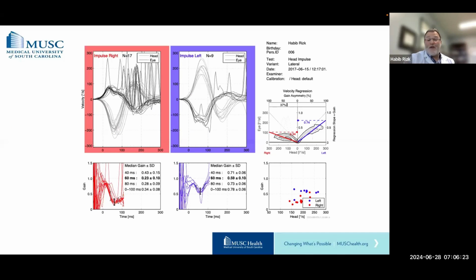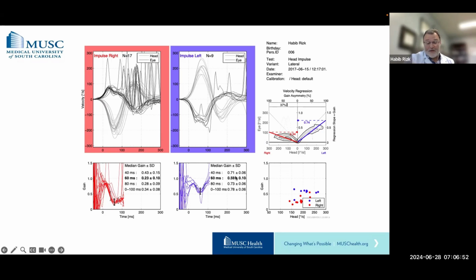And this is what a video head impulse test would look like in somebody who has an acute injury with a very low gain, which is the speed of the eye movement compared to the speed of the head. And those saccades that we see here are completely asynchronous in relation to the head movement, where the brain has not figured out yet what's going on. What is more interesting in that slide is that in the acute phases of the injury, you have a low gain on the normal side, that side that is completely intact.